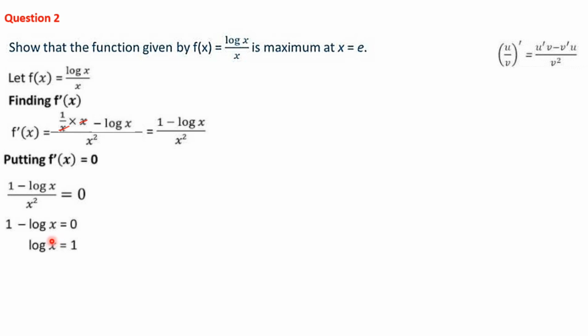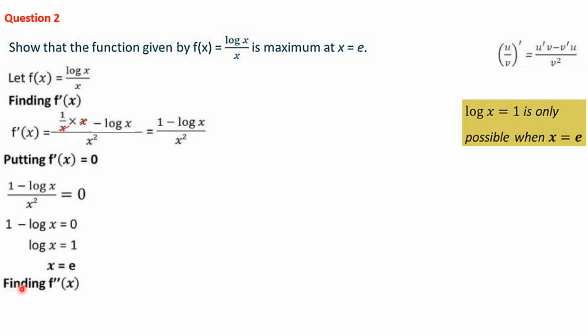Here we actually want the value of x. When we take this log to the right side, it comes as e, the exponent. E power this value, e power 1 will be coming. What is coming here as base will be coming here. Here log x to the base e is equal to 1 actually. So when this log comes to the right side, it comes in the exponent form. That means e power 1, and e power 1 is e. So x is equal to e. The reason is log x is equal to 1 is only possible when x is equal to e. So here we conclude that x is equal to e.